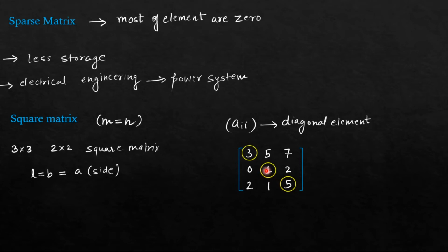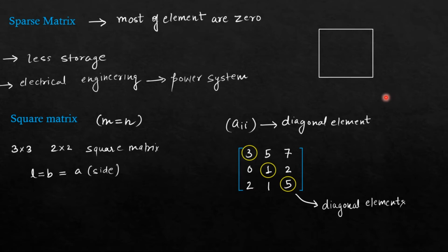So these are known as diagonal elements. Why? They are represented by aii. Because here this element corresponds to a11 and this element corresponds to a22 and this element corresponds to a33. So these are known as the diagonal elements of square matrix. Is it fine? Whenever you take a square, this will represent a diagonal. Remember, for diagonal elements, i is equal to j. And if i is not equal to j, then those elements are called off-diagonal elements. That is the elements which do not lie on the diagonal of a square matrix.